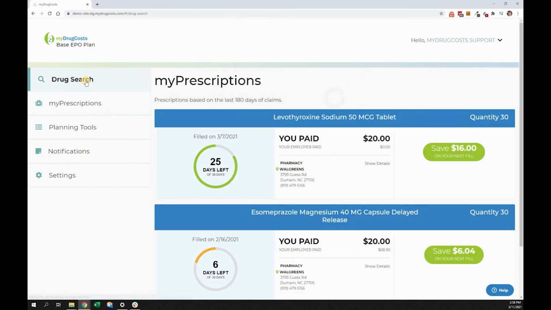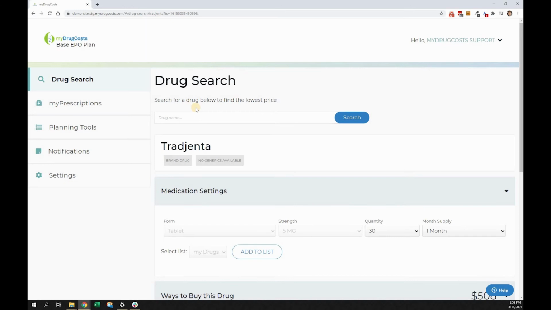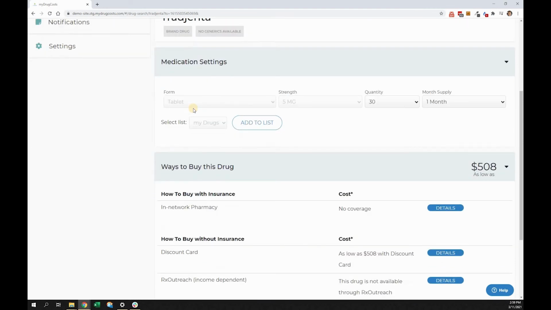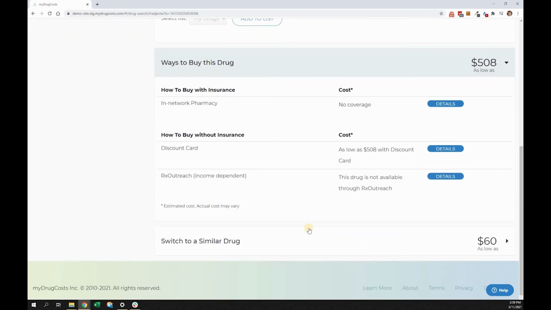Now, for any new drugs that you get prescribed, we highly recommend that you use this tool while you're meeting with your physician. So if you're to be prescribed a drug that isn't covered by your insurance or it's too expensive, the best time to learn about that isn't after you've left the doctor's office and driven to the pharmacy. The best time to learn that is when you're still meeting with your physician